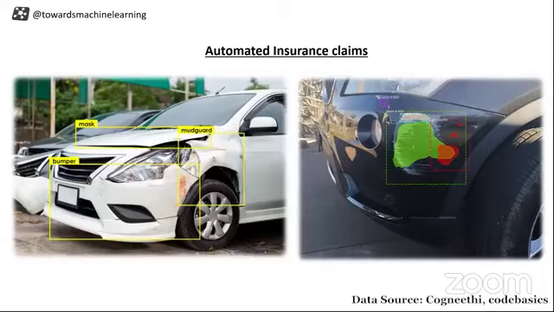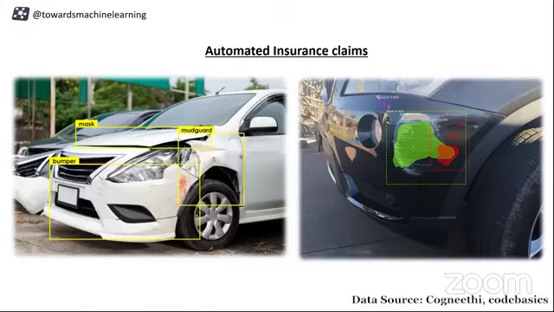What do we have? Automated insurance claims. Nowadays insurance companies are trying to replace people with automated algorithms, which will find out the cost incurred for the accident, and only that much is to be repaid to the customer. Because it may happen that the person is biased towards the customer, and the company will not want that, right? So this kind of thing has been going on. People are doing research into it.